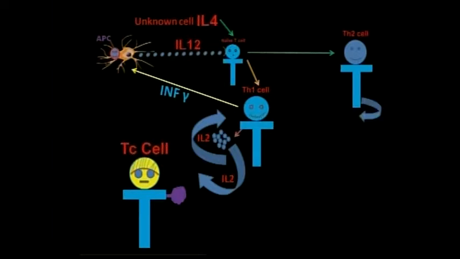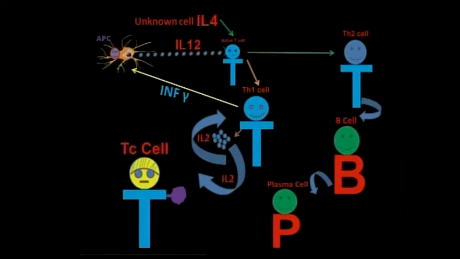So these T helper 2 cells in turn produce interleukin 4 as well as interleukin 5. These interleukin 4 and interleukin 5 will activate the B cells. After activation, these B cells undergo differentiation and form plasma cells. These plasma cells produce the antibodies. So these antibodies are specific to that particular type of antigen which has entered the